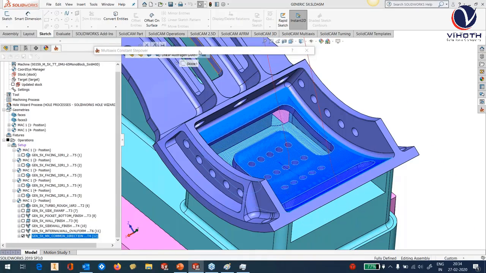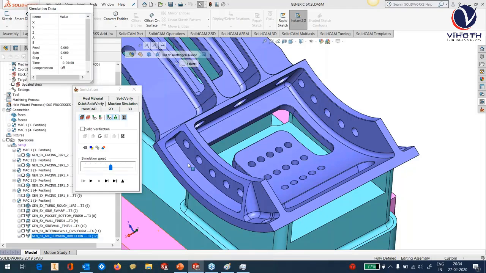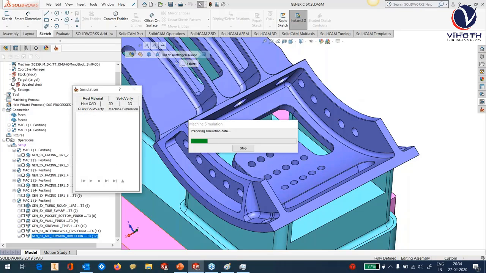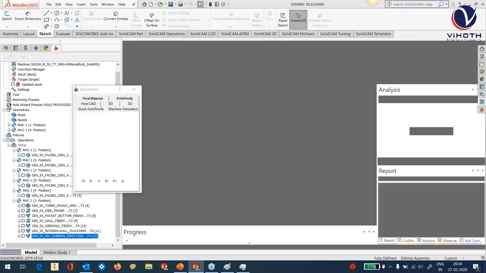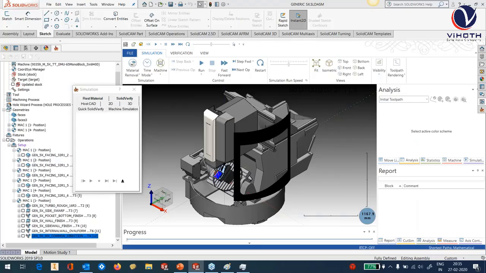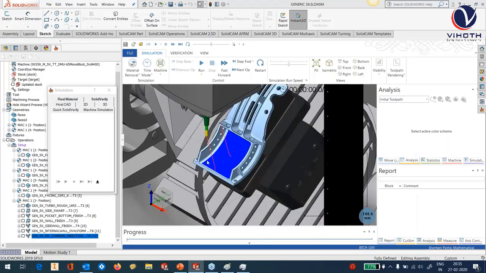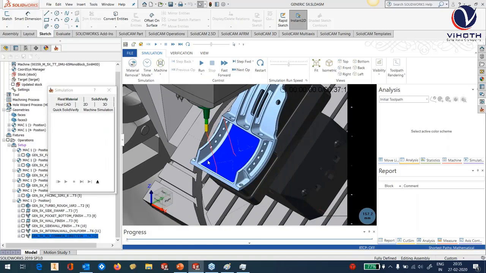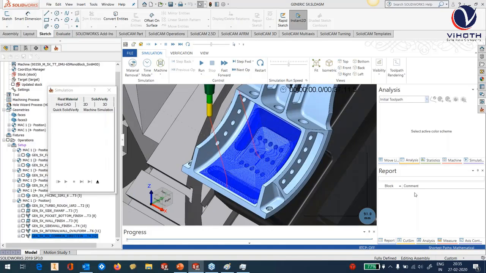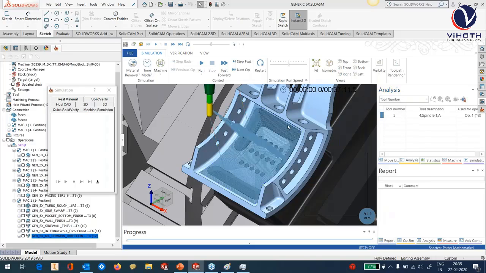Now, what I would like to do here is show you the problem. Because the toolpath looks nice, but we have some other issue here. And I would like to take it into the machine simulation. And the moment I show you the problem, many of you will nod your head and say, yes, we have got this problem tons of times and we have no idea how to fix it. So my toolpath looks very nice here. But when I go into the analysis and go into my tool number, you'll see this,